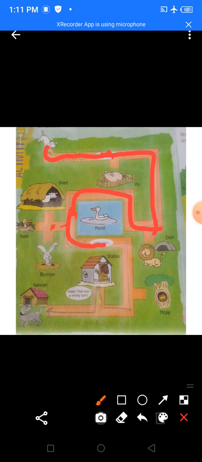She met Mr. Duck. Now, does Mr. Duck live in a kennel? No. Is Mr. Duck Ruby's mom? No. So she won't go there. Next, whom did she find? She found Mr. Owl, who lives in the hole in the tree. But does Ruby want to go there? No, she wants to go to her mama, and her mama lives in a kennel. So she would turn back from here, and then she will continue her journey further.